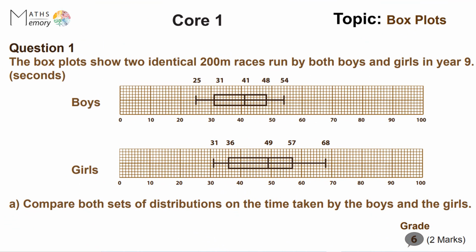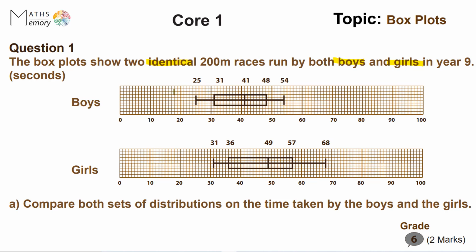Question 1, core 1, box plot. Let's press pause. Let's get down these two box plots, compare the two distributions, and press play when you're ready on this exam style question. So the box plots show two identical 200-meter races run by identical boys and girls, two categories in year 9,